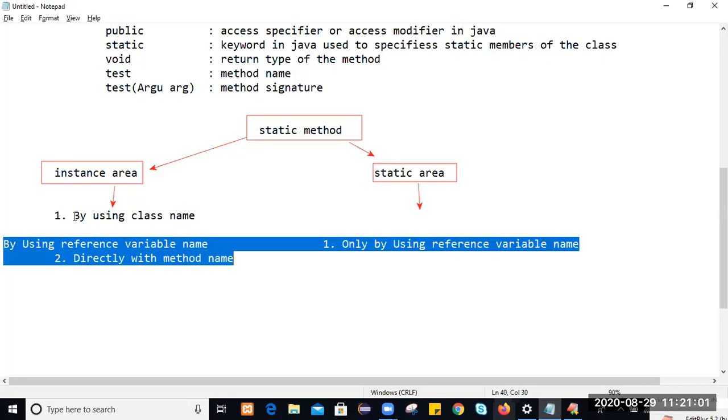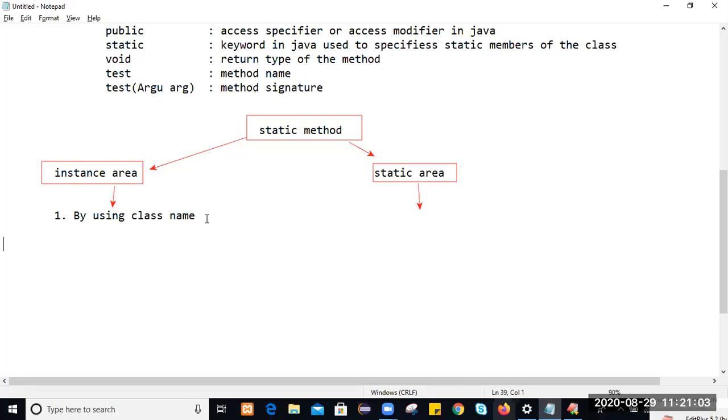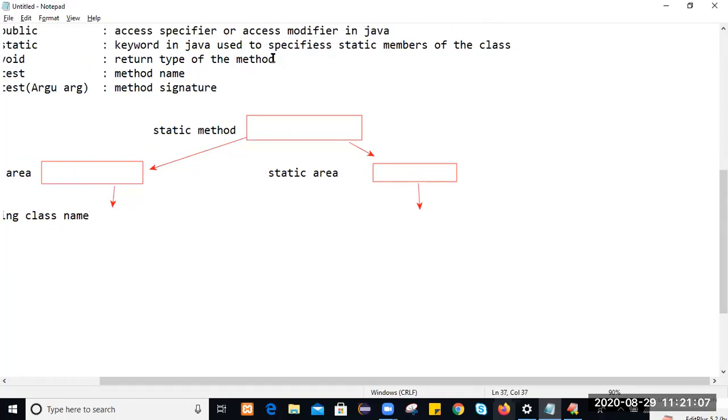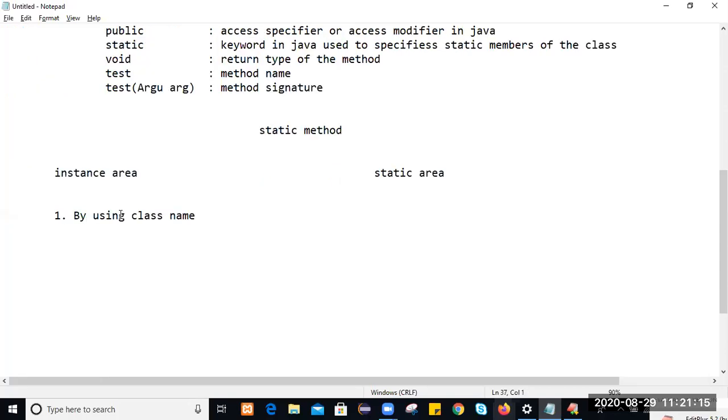The first approach is always to call by using the class name. Inside the static area or the instance area, in both areas we can call a static method in three ways. First, by using the class name.